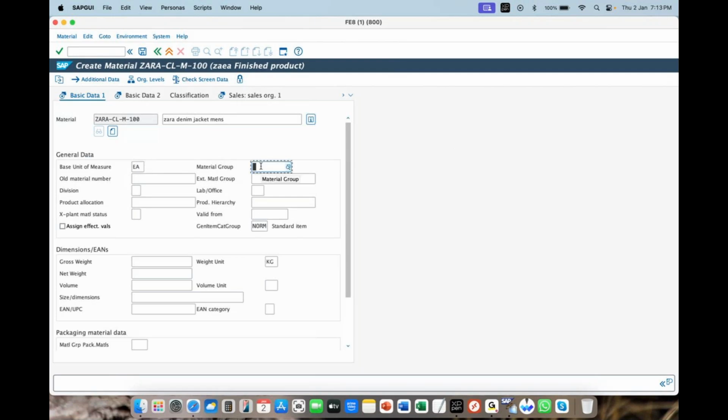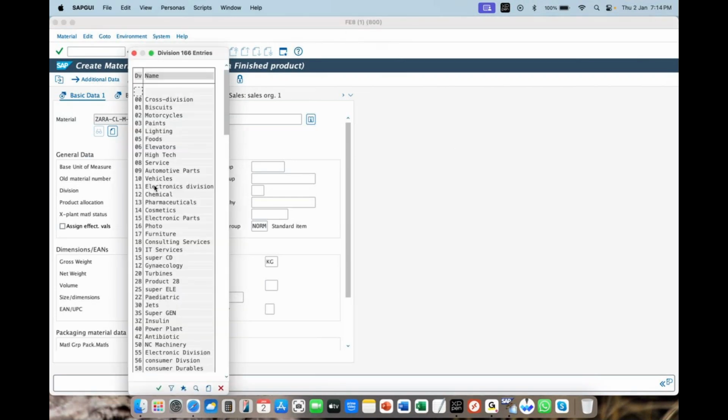Now material group. When you talk about material group, it should be in connection with the division. That's what I was saying, right? In the last session, when we made the material group, I said material group will be expressed in combination with division. So here, if you see,